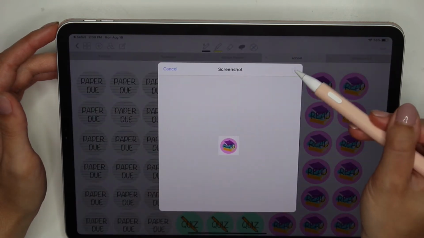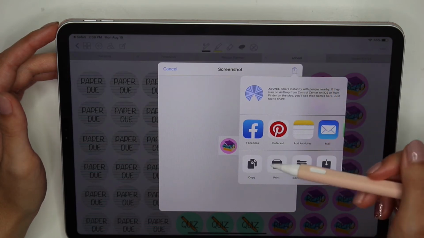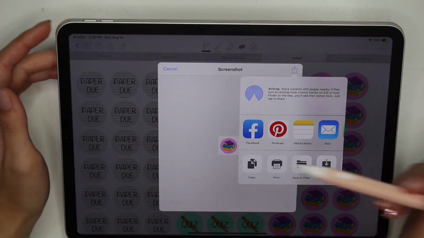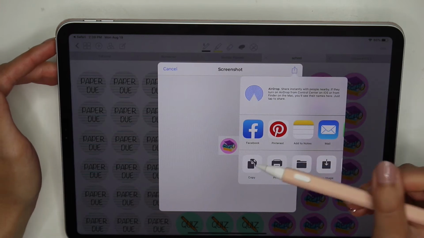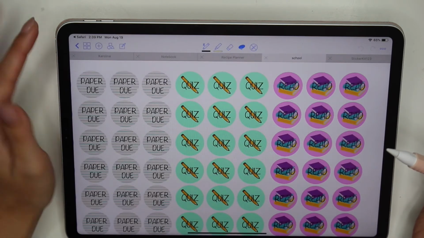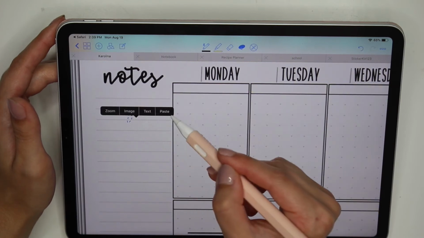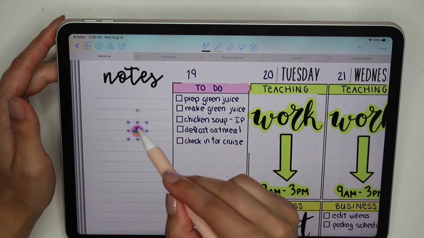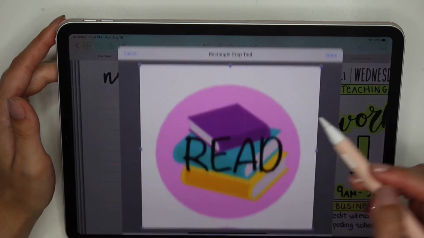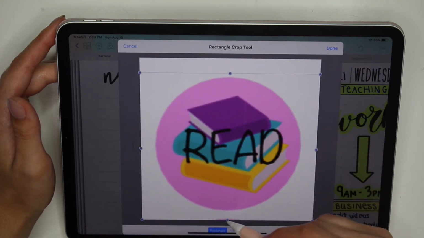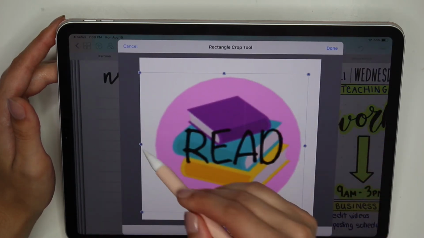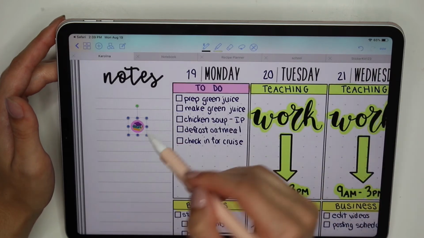I'm going to click this arrow up here, and I'm going to click copy or save image. Now copy is going to allow me to copy this, and then I could just paste this into another spread. I can crop it. Okay, so if I just crop it like this, I could click done,